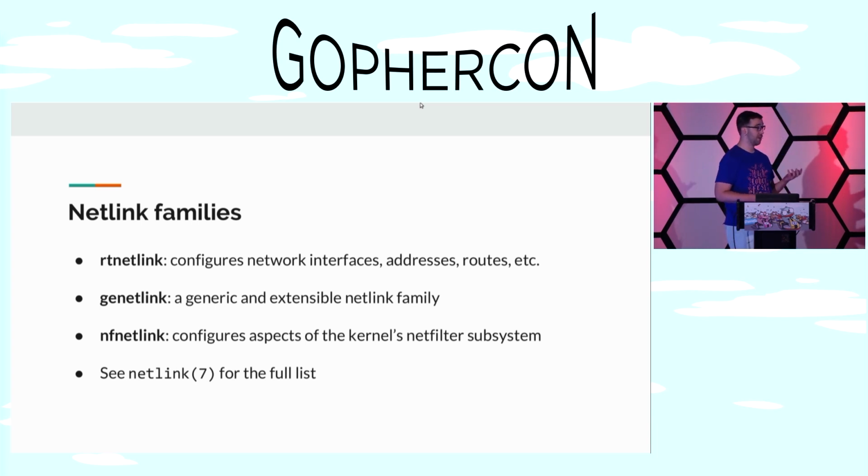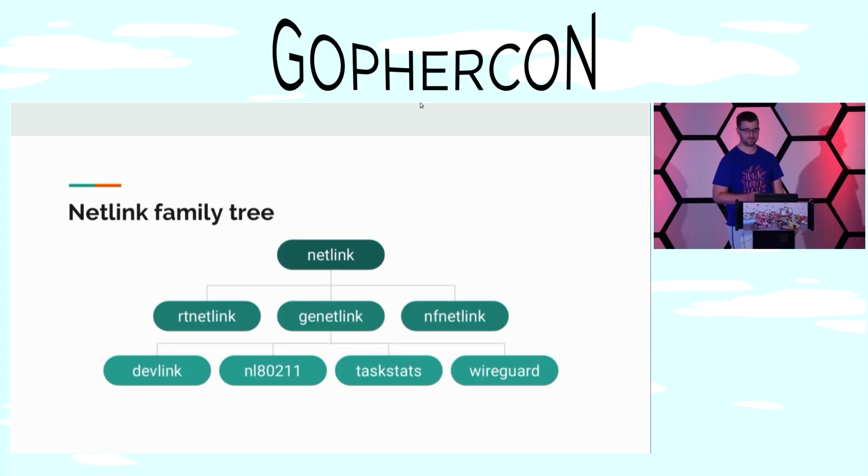GE Netlink, or generic Netlink, is a generic and extensible Netlink family, so you have to do a little less work to actually create a new family in the kernel. There's also NF Netlink, or NetFilter Netlink, which can be used to configure aspects of the kernel's NetFilter subsystem. But there's a full list available at man7 Netlink as well. So if we had a Netlink family tree of sorts, it might look like this. You've got Netlink at the top. You've got some of its families in the middle, such as Route Netlink, Generic Netlink, and NetFilter Netlink. And since Generic Netlink is more extensible and more families can be created, you have things like DevLink, NL802.11, TaskStats,